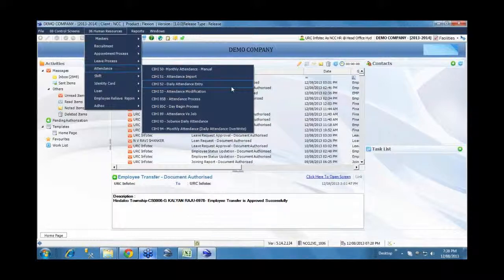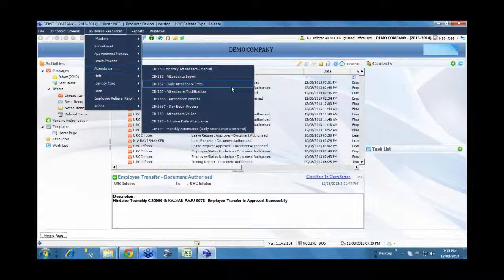However the requirement is for that particular hospital, depending on the policy and the various provisions, the system has all the flexibility to capture it. It can be a fully automated process, or it can be the departmental head entering or providing a monthly sheet which is captured and then updated into the system also.